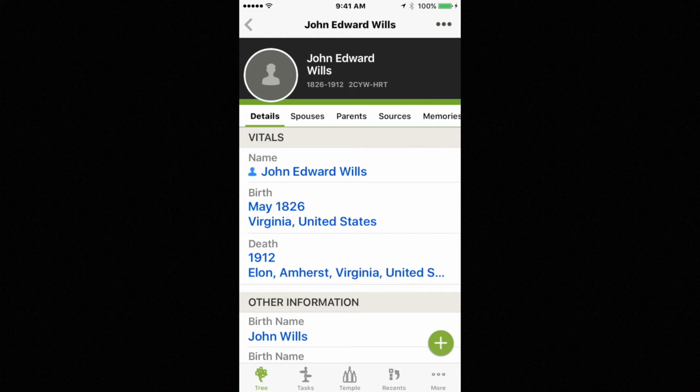Sometimes you can get away with 1 if it's a census record. I'll take it. Or Find a Grave index, because it actually shows the picture of the grave sometimes. Find a Grave index is another really good source to use. But really, if you sit and play around with this, you will find that it's pretty self-explanatory,